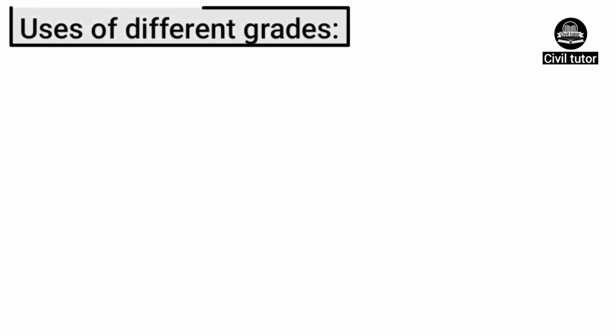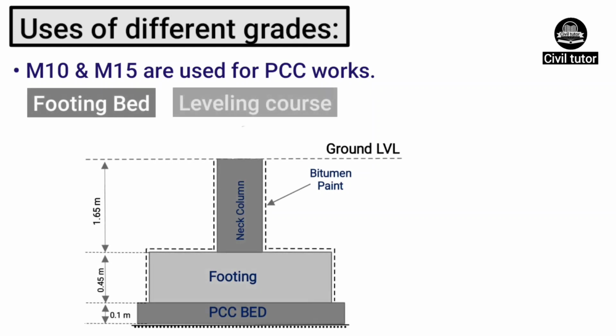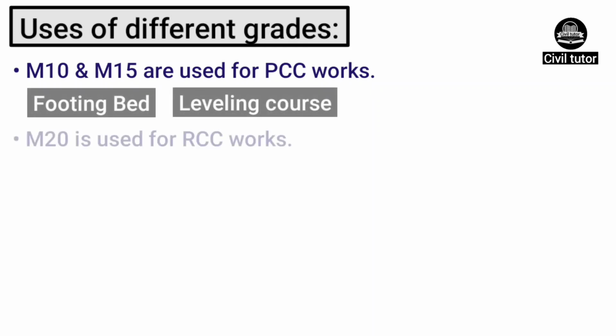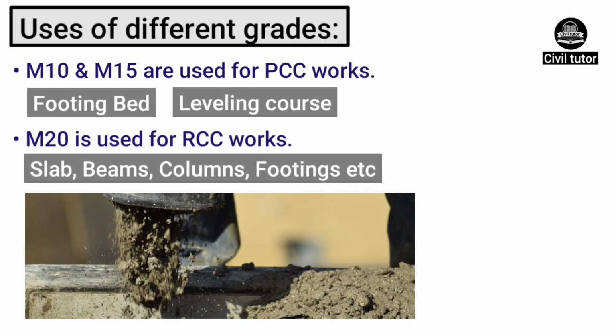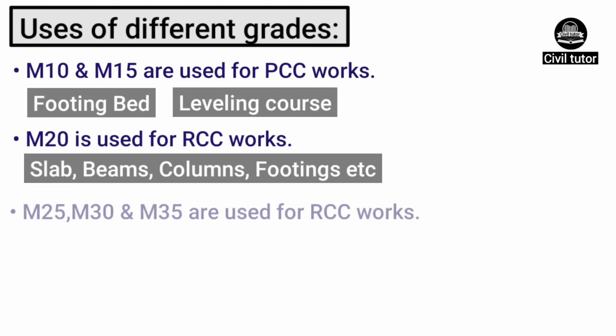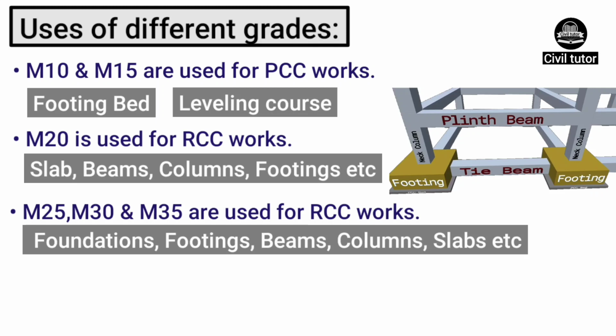Now let's discuss the uses of different grades of concrete. The M10 and M15 grades of concrete are used for PCC, that is plain cement concrete works such as bedding for footing, leveling course, etc. M20 is used for RCC, that is reinforced cement concrete works such as slabs, beams, columns, footings, etc. under mild exposure conditions. M25, M30 and M35 grades are used for RCC works like foundations, footings, columns, beams, slabs,